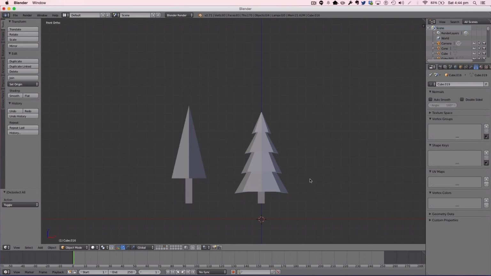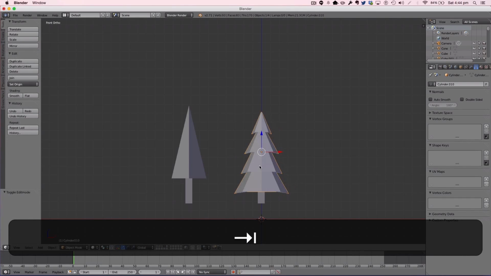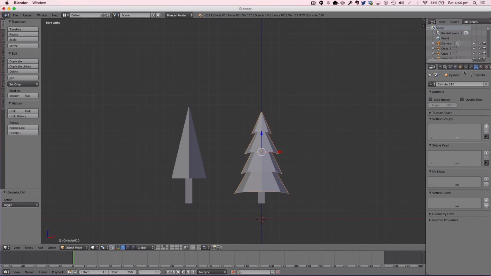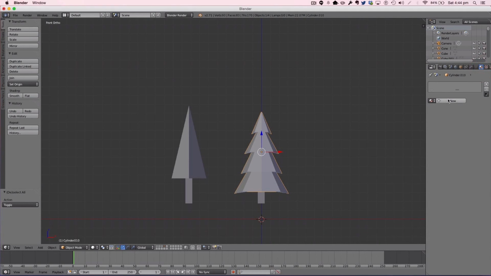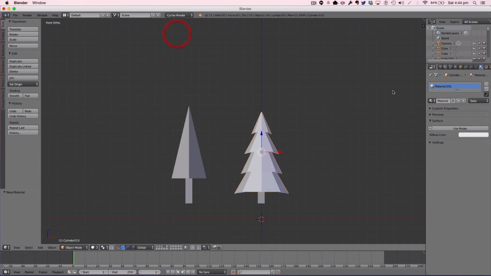Okay, now we've modelled everything we need to model, and basically we're going to work on the materials now. The materials shouldn't take that long, but we're going to start with this fir tree. So the main proportion of the fir tree, make sure in cycles, we're going to call this